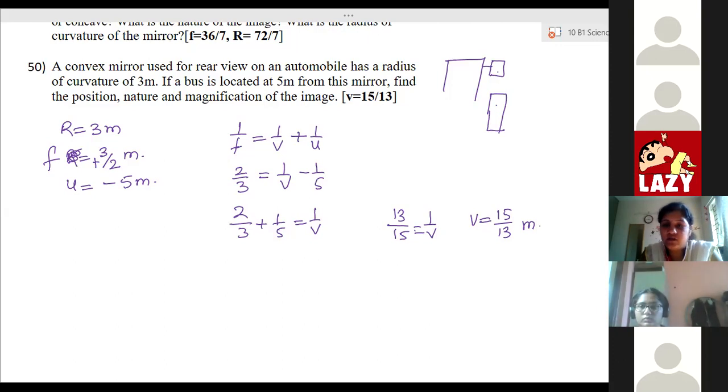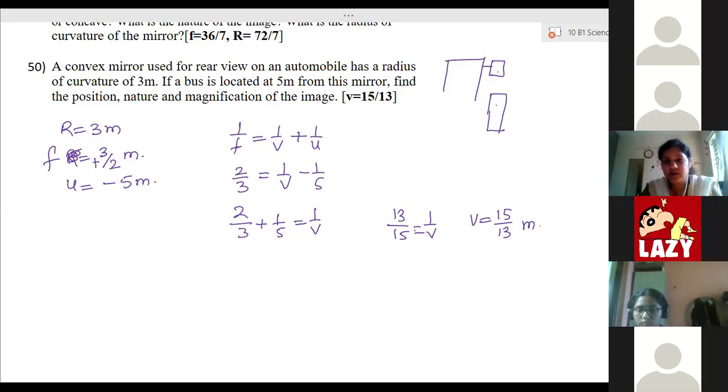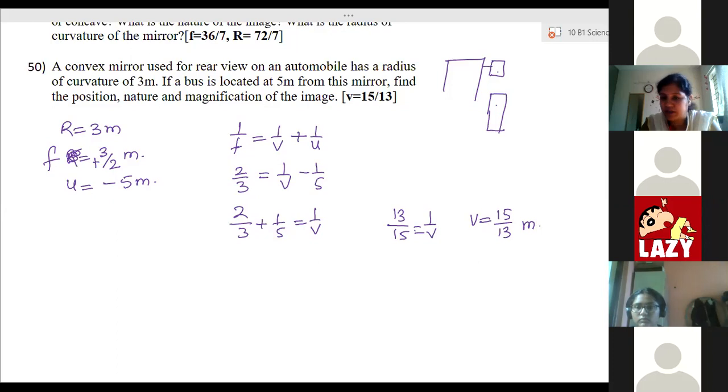So all the 3 mirrors will produce virtual images, right? When you are standing in front of them, close to it, it will form a virtual image. That means you will become an object. So your reflection will be seen inside the mirror when you are very close to it. So find which type of image is formed. All 3 mirrors will produce a virtual image.